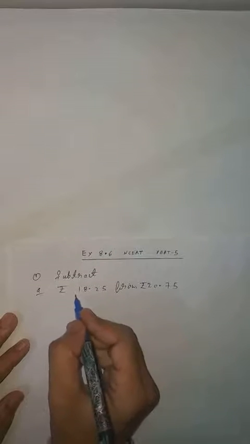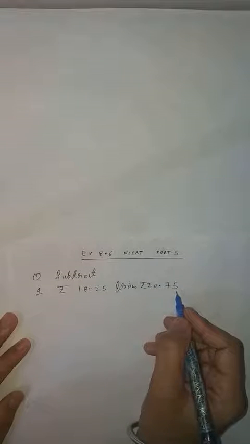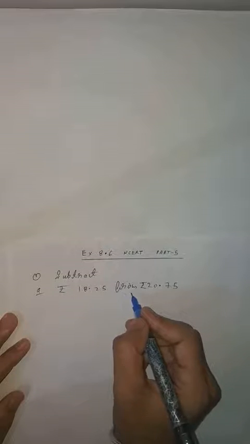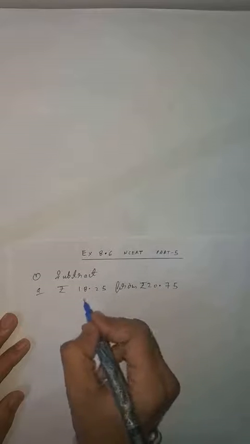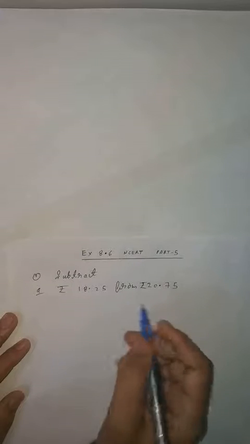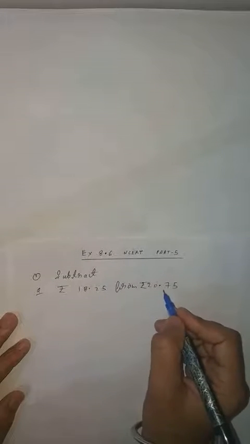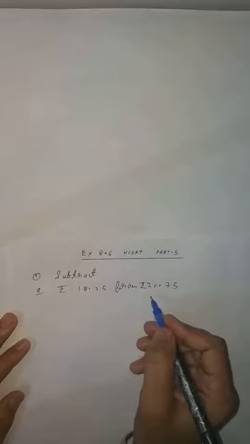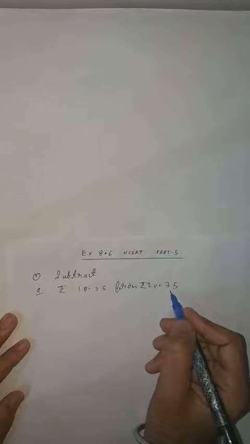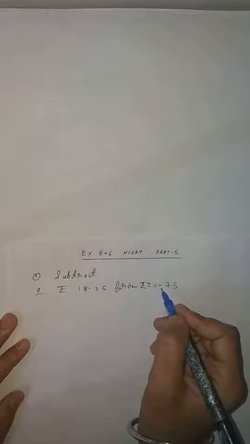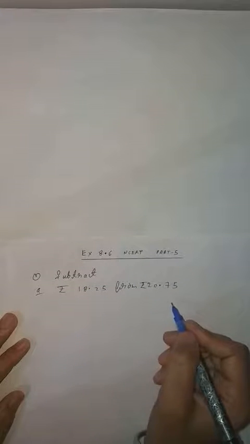So student, subtraction is nothing, only here decimal is given. You have to subtract rupees 18.25 from 20.75. Always remember you have to write down this number first, where "from" is written. Many times many students do this wrong. They write 18.25 first and 20.75 second. Use your common sense, student. Which one is greater? 20.75 is greater, so 18.25 will be subtracted from 20.75.